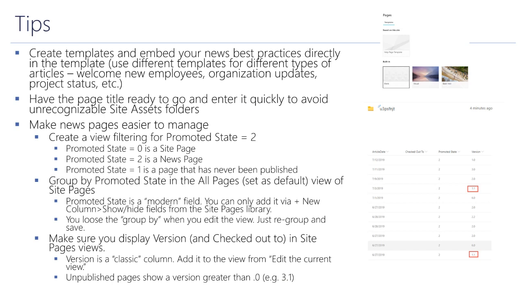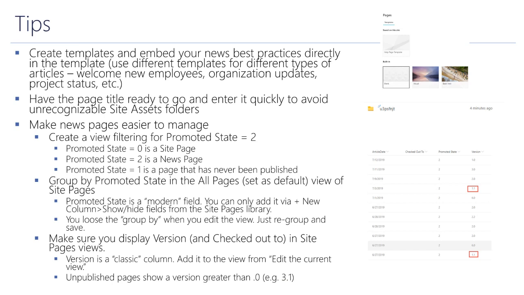So it's a really handy way to bring context to the content right in place. Do me a favor, make sure you're displaying promoted state equals 2. It's a little tricky field because it is a modern field. And in order to see it, you have to click the plus, show hide, scroll to the bottom and show promoted state. Then you have to save the view, and then you have to go in to edit this current